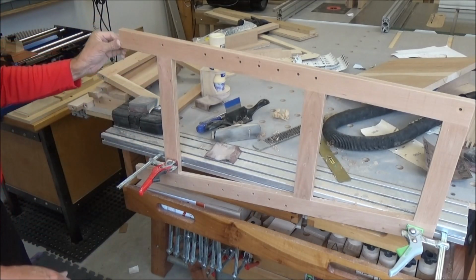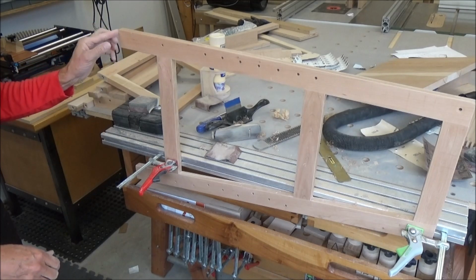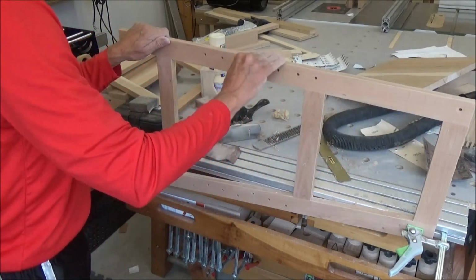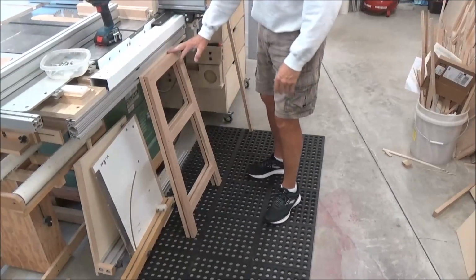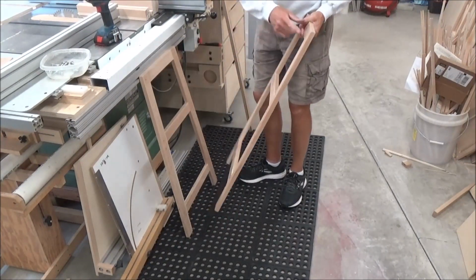Then I also use that block plane to put a slight chamfer on the bottom here so it doesn't blow out if you happen to slide it. And then that looks pretty good. Okay, I'm going to put this together, show you how easy it is to put together. I've got these stamped,